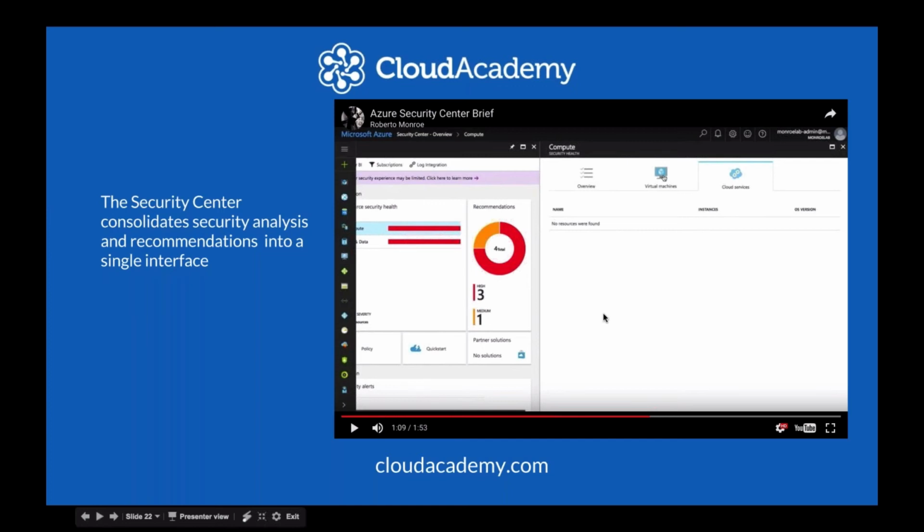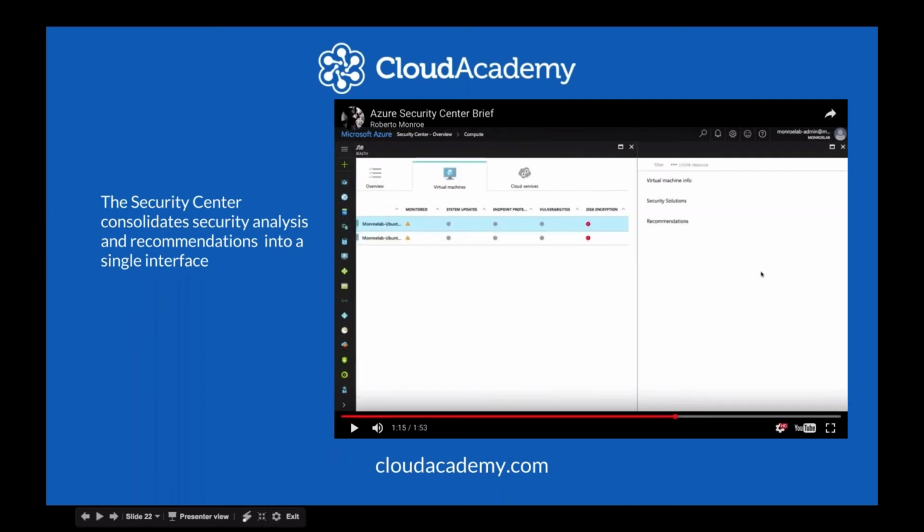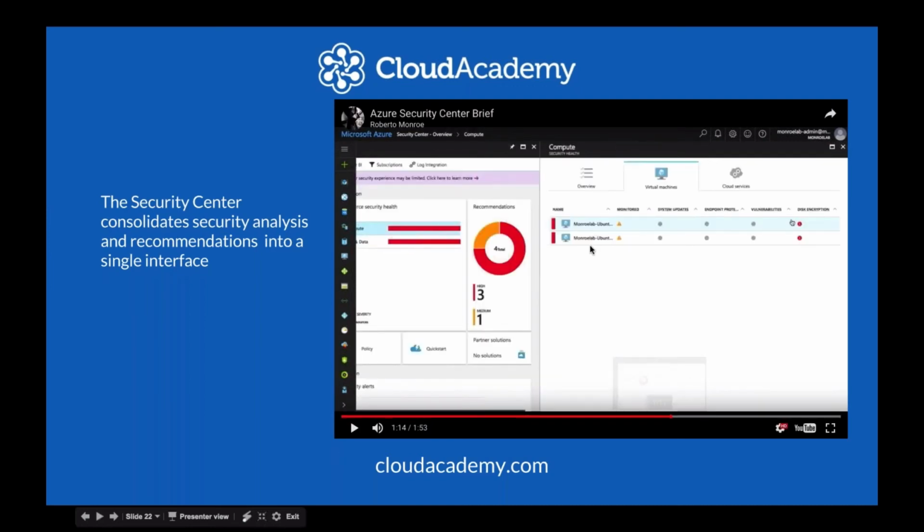So what Security Center gives you the ability to do is to take a look at what the security concerns are for each of these important elements, or the resources that you've created within Azure. Now, of course, there isn't a lot of information here because this is just a small POC that I use for creating various ideas, playing around and so forth. But you'll notice, let me just pause this again, that it's showing my two Ubuntu servers, and it's giving me notifications regarding those particular servers.